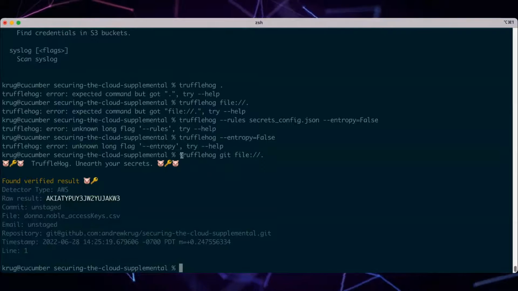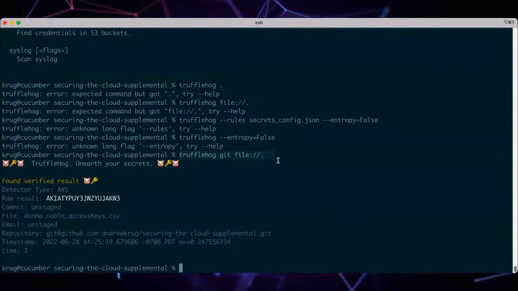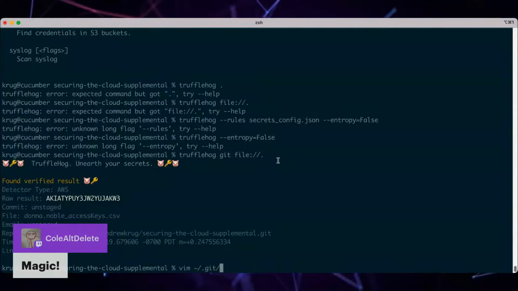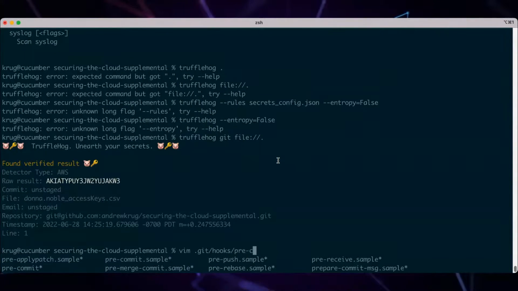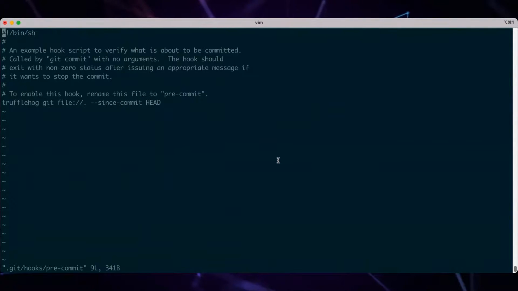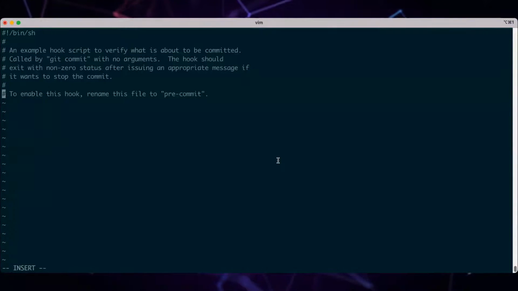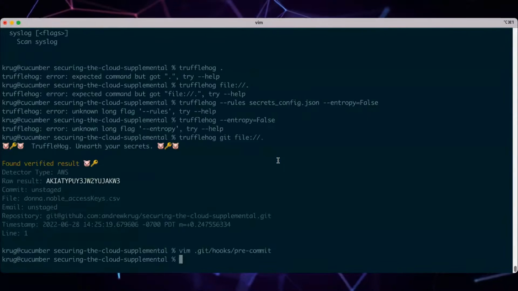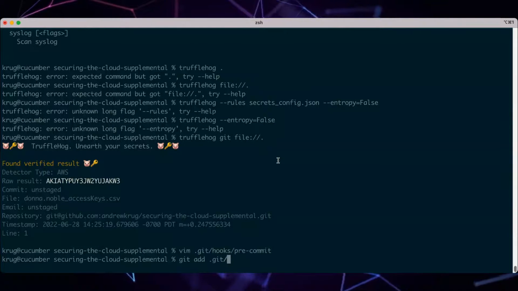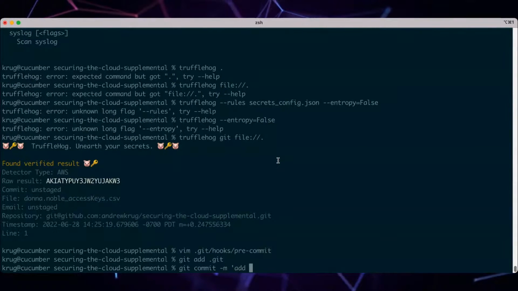So if we were to put this now in our pre-commit hook, to finish the thought here, git hooks pre-commit. Okay. What that's going to do is cause it to exit -1, which will cause the hook to fail. And that's going to cause the commit to fail. Okay. So what we're going to do first is we actually have to commit the pre-commit hook, weirdly. So we got to add that, add pre-commit hook.